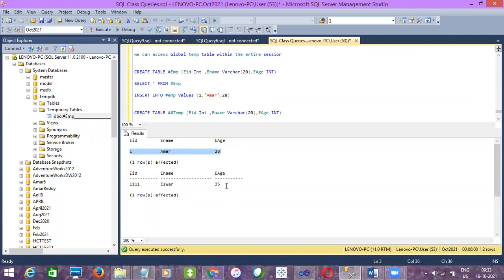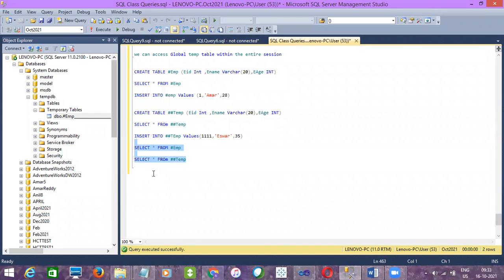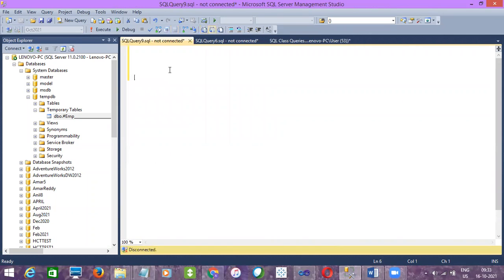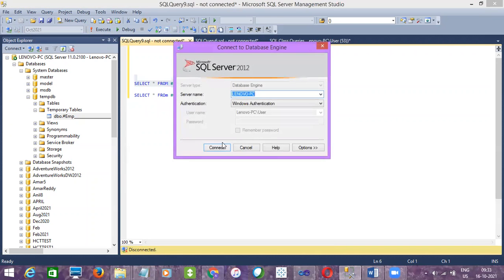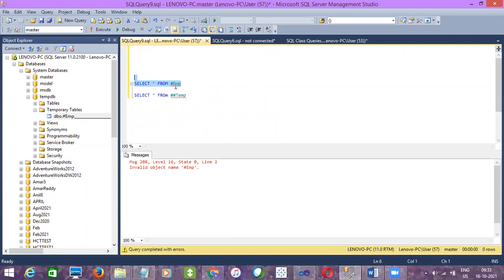The same way, if I try to run these two queries in any other query window here, let's see, am I able to access this one? Let me try.